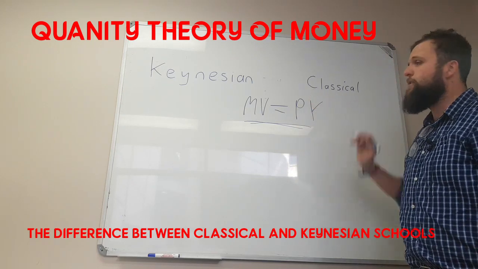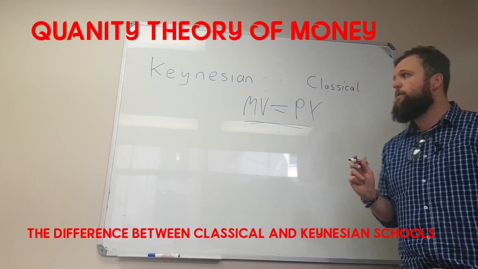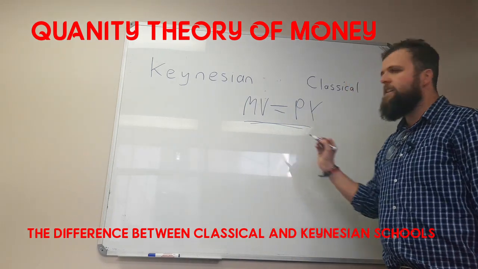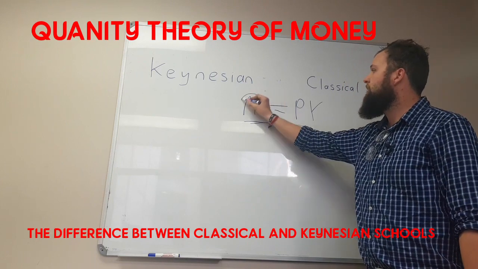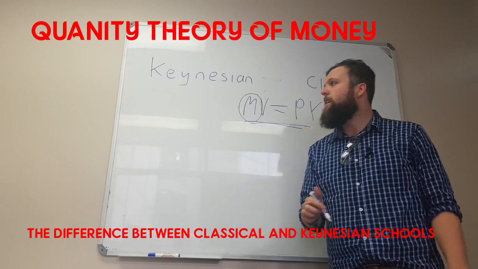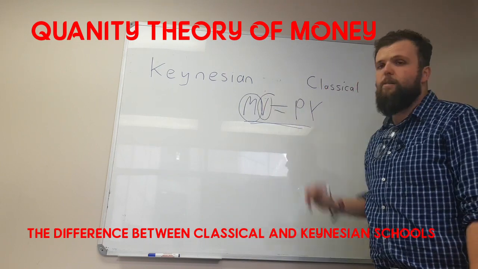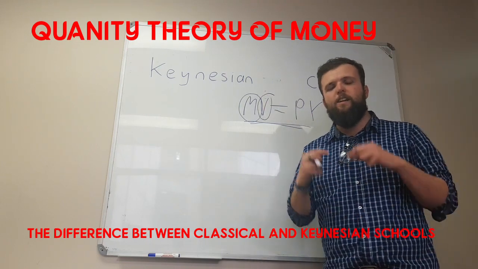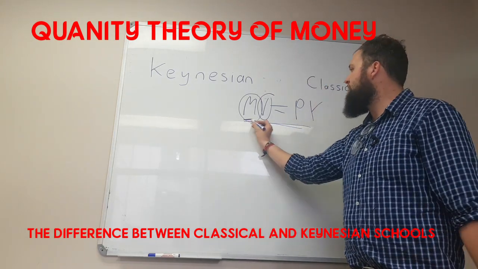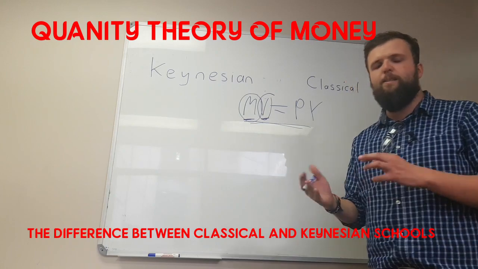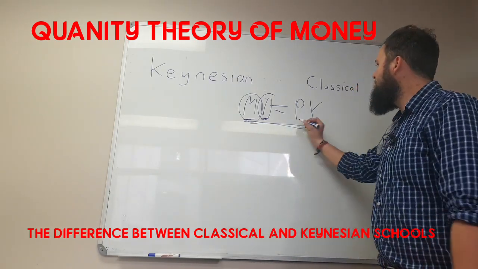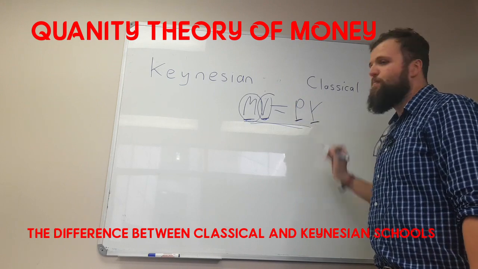Let's start with the classical school. Let's just look at what this identity means. This identity shows us that M, the amount of money in the economy, the physical notes and coins, times V, velocity. What is velocity? It's the number of times a 10 Rand or 100 Rand note is spent in the economy. So M is the units, velocity is the number of times these units are spent in a given period, let's say 1 year. Then P is your prices, and Y is the products that you buy.